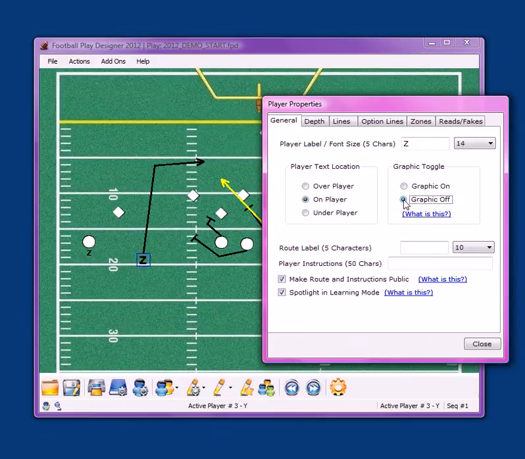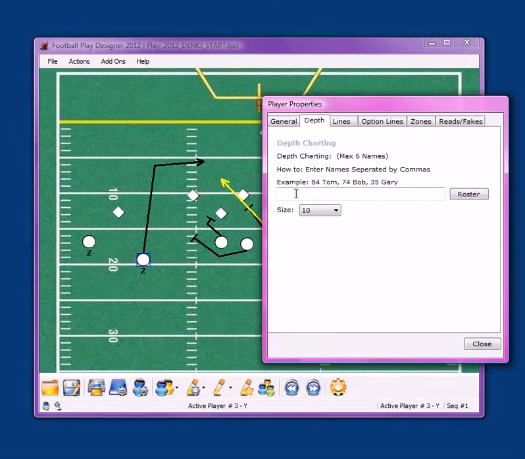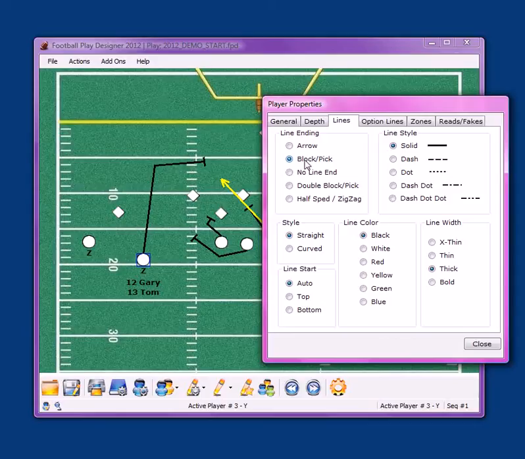If I wanted to show no graphic and just a letter, I can do that. I could change where the graphic is. I could even change the font size of the graphic. I could put a depth chart in, as simple as typing different players, and you'll see that that will show up as well. I could change the style of the lines,